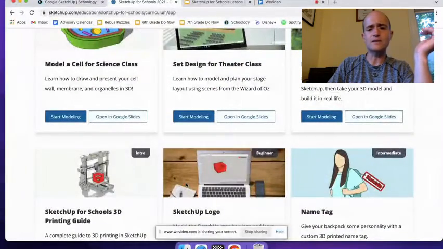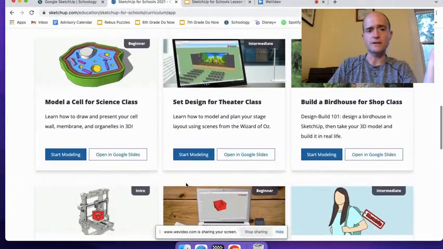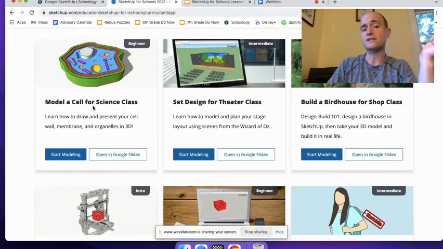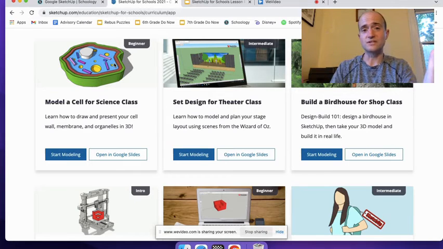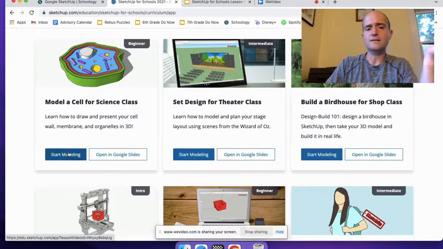I know this is a lot of information for some of you, especially if you've never even heard of SketchUp. If that's you, I recommend the model cell for a science class, because I think this is the best introduction, and it doesn't require precise measurements, and it allows you to learn a lot of the tools, and you don't really screw it up. It's pretty self-explanatory. Click Start Modeling,